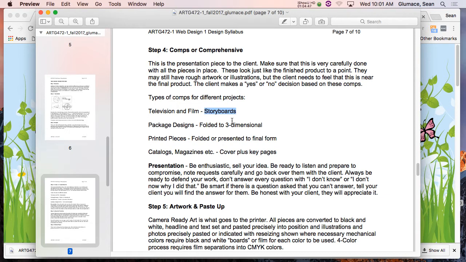So if you don't know something to say, or my favorite is, they go, well, why is it blue? I don't know. It just looked good. That's not an answer. Even if you got to, I'll be honest, even if you got to bullshit your way through it, as long as it sounds right, the client's going to probably be happy. And we do it all the time. Well, why do you pick blue? Well, your building contrasts to the sky so well, and it's white, and it works well with the blue background. I don't know. I'm just making that stuff up. But it sounds good, and it gets me beyond that question, because that question's a waste of my time as a designer.